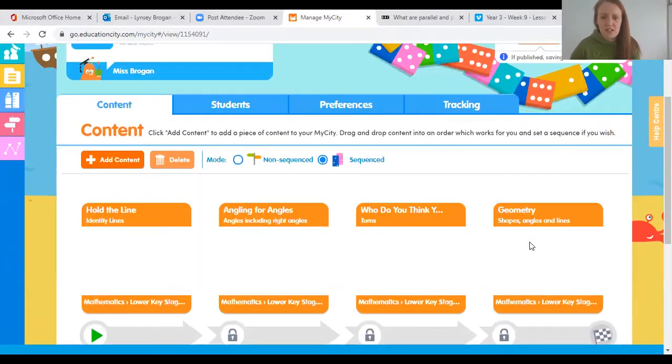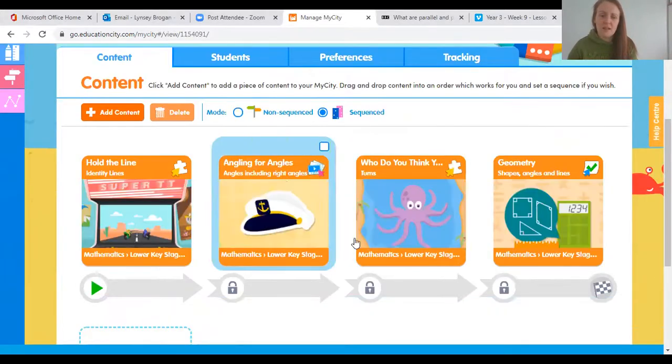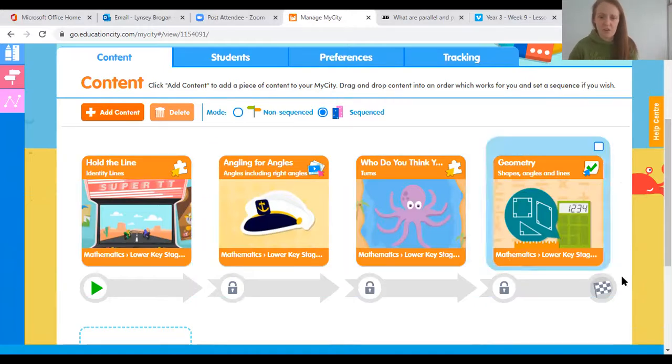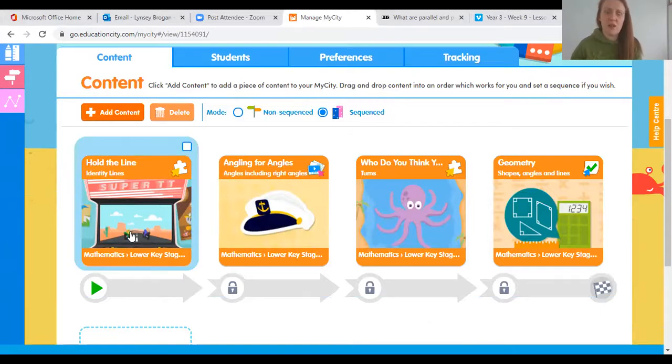Now, we've done this in a sequence and you can't complete each activity until you've completed the one I set you. So you can't just go ahead. You can see they're padlocked, look, until you've completed the one I've asked for. So I'm asking you just to do this one here called Hold the Line. So this is your starter for today. So if I just click into it,